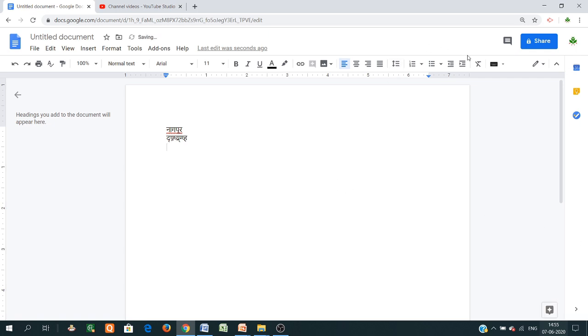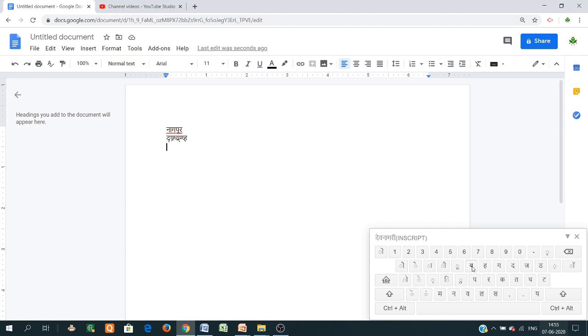Then the third way is you just click here in Hindi. So this type of keyboard appears here, that is the Hindi keyboard, and suppose you click here, it changes into Hindi. Then the next option is Devanagari. In this way you can type those sentences in Hindi also. So there are different types of typing facility available here.